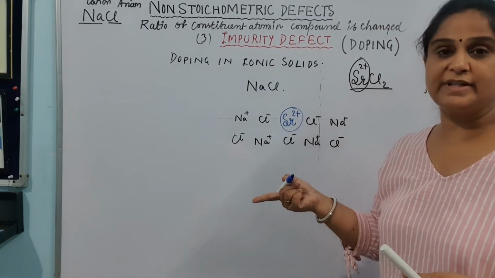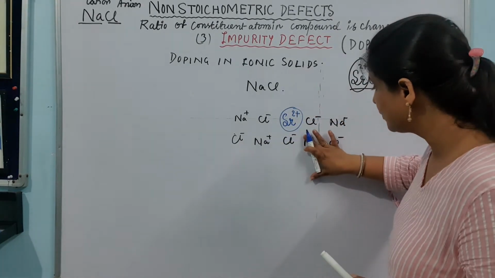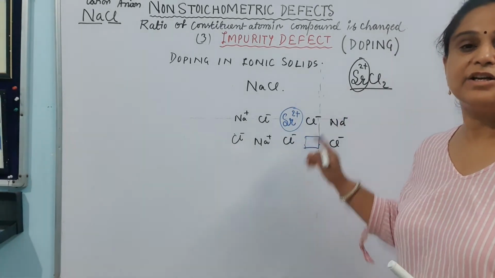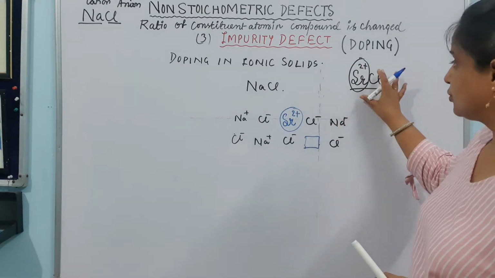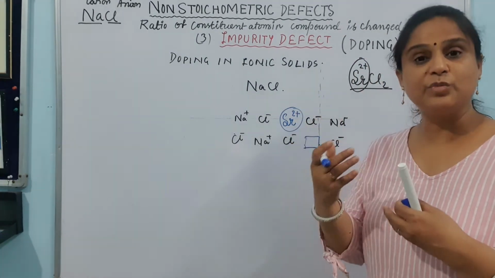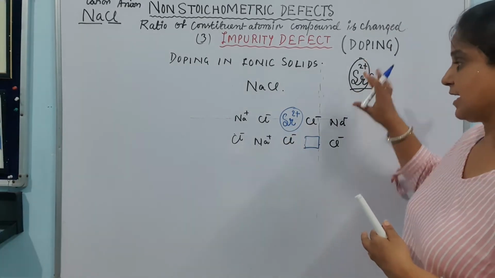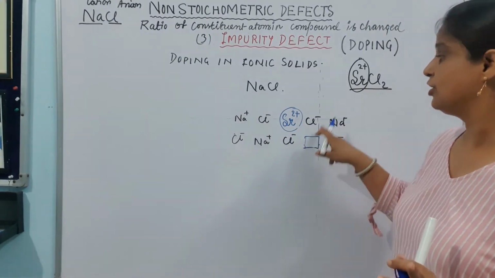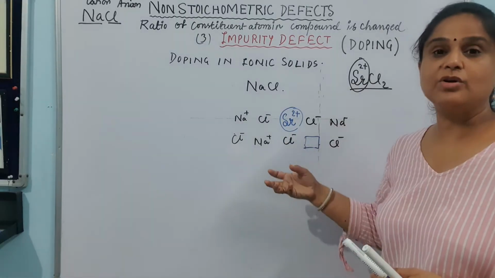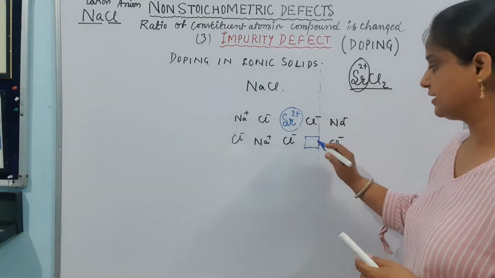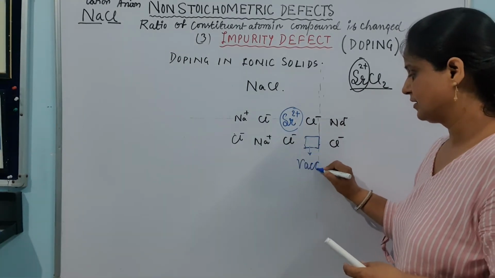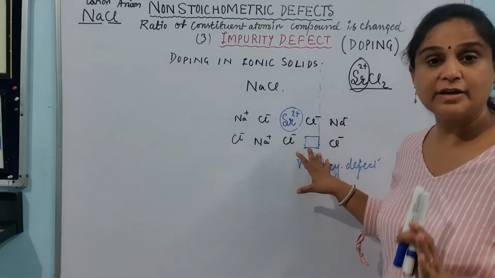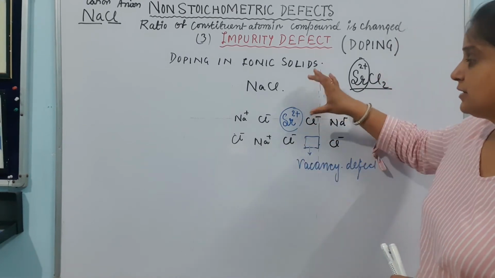जैसे ही I have doped it with Sr+2, obviously one more sodium ion has to escape out just to maintain the neutrality of the crystal. So this is what is happening here. Because of the doping of this element having more charge on its cation, we have to remove one more regular cation from the crystal, just to maintain the neutrality. And just because we have removed one cation from it, there creates a vacancy. क्या create हुआ यहाँ पे? Vacancy defect.